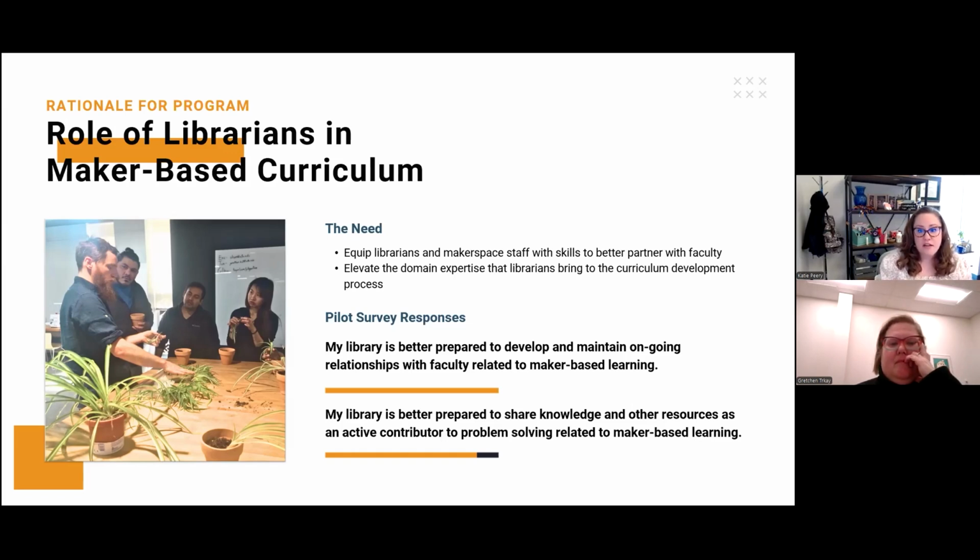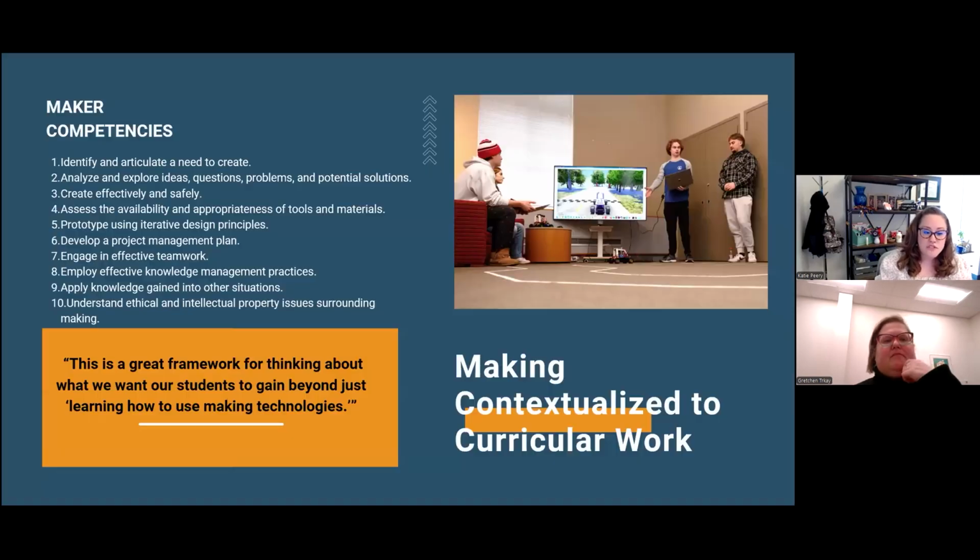And in addition to refining the list of competencies, we were also assessing both the faculty and the librarians on what they felt. Was it a beneficial partnership? Did they feel like they had the skills that they needed to do this job well? And ultimately what we found is that many of the librarians felt ill-equipped to partner with faculty in the curriculum development process. So our second grant was focused on refining those competencies, but also on creating some education and outreach